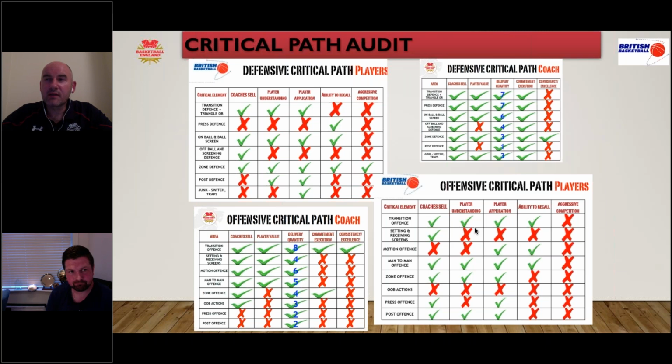We focus on the go-to actions. Really, we don't go through the sets on game day. We'll talk about what the action is. So, for example, Finland, when the ball goes in the post, they will have two cutters every time, and it's like a wheel